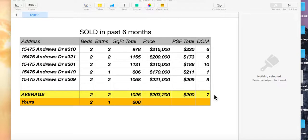Now we're going to look at your property in several different aspects, and I'm not going to come up with an absolute number today because I haven't visited your property and I just can't do that. But we're going to look at the recently sold comps in the last 6 months. So we have 5 of them. On average, was a 2-bedroom, 2-bath, and on average it was a little bit larger than yours, 1,025 square feet. On average, those last 5 that sold